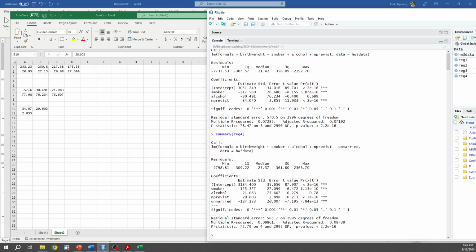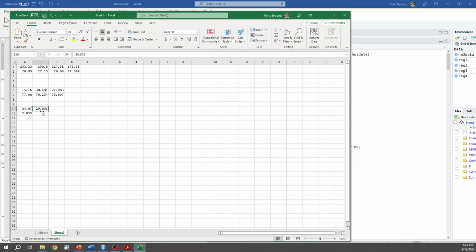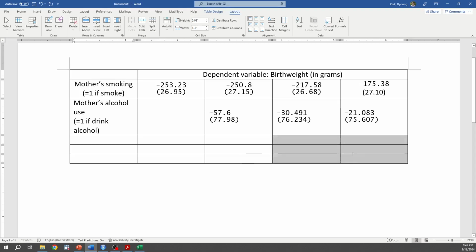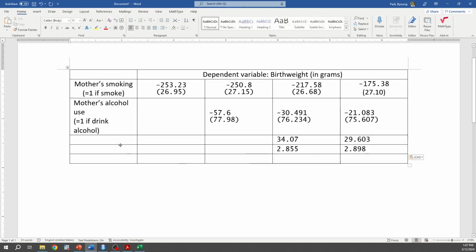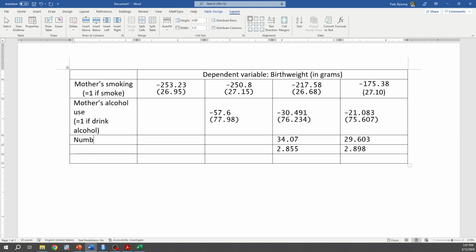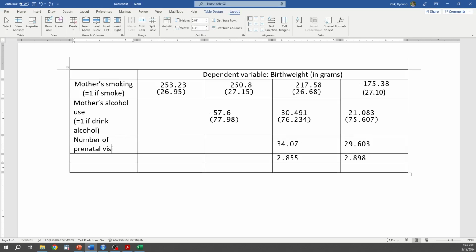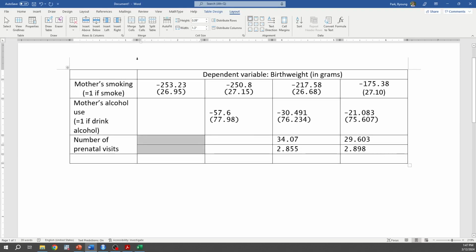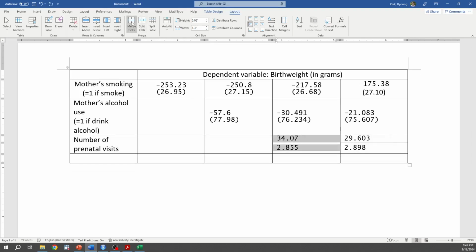Now, what I'm copying is for the number of prenatal visits. Okay. So you get the number of prenatal visits. Okay, and merge, merge, merge, merge, merge, and